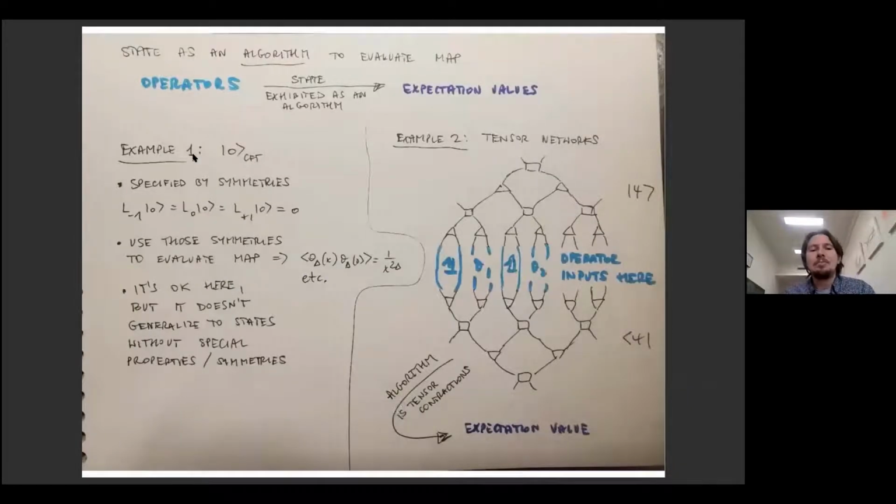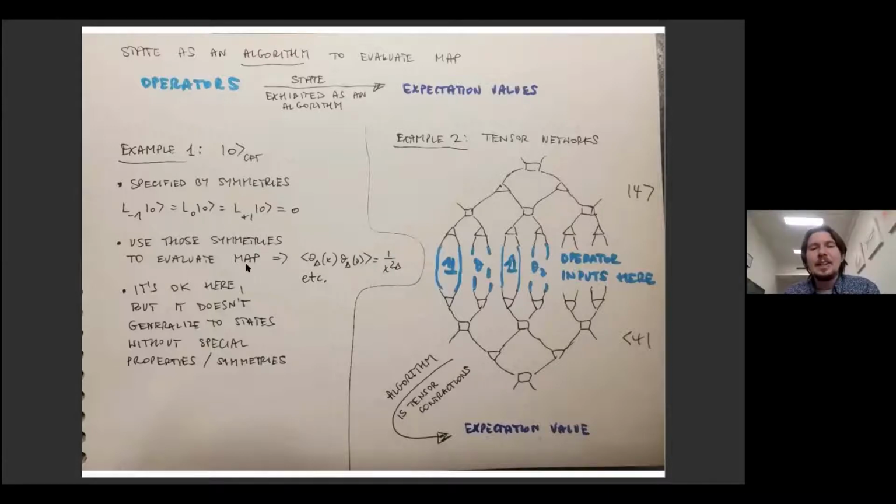Here's the first example, the ground state in a conformal field theory. A ground state is specified by these conditions, that it is annihilated by these generators. I'm assuming that I'm in a two-dimensional conformal field theory. So these are symmetries of the state, and when you open Di Francesco or any textbook on conformal field theory, expectation values of operators in that state will be computed by exploiting these symmetries. So you say, whatever the correlation function of two operators, of a bilocal operator, is, it must have this form because otherwise it would violate these conditions.